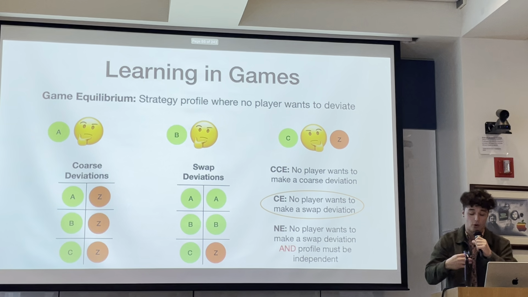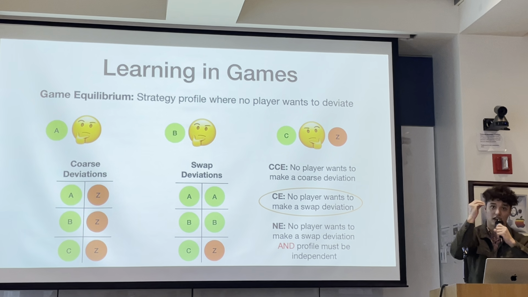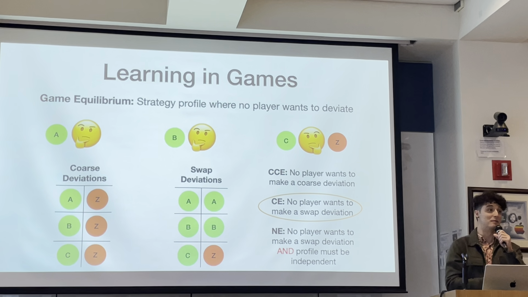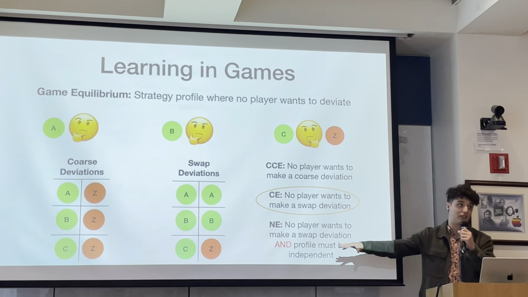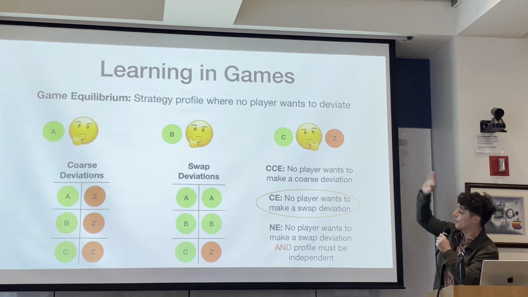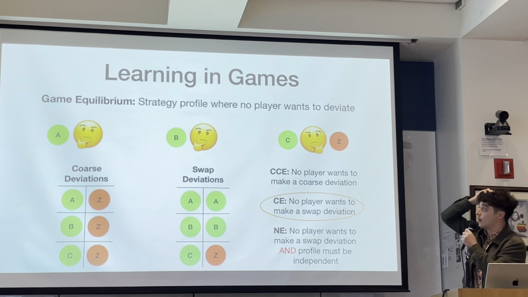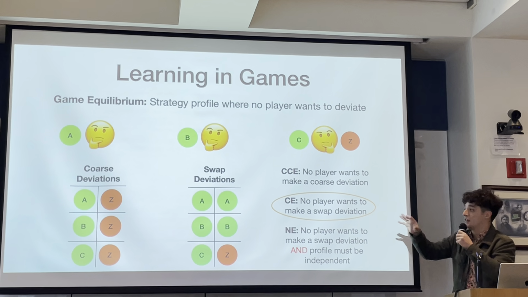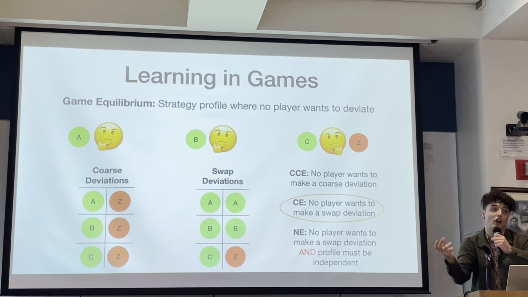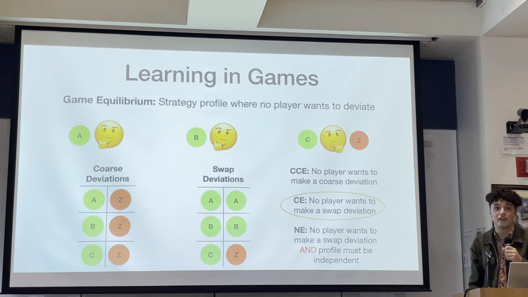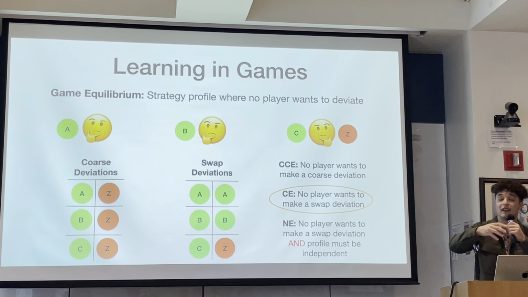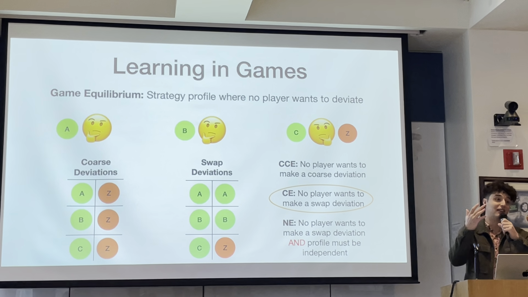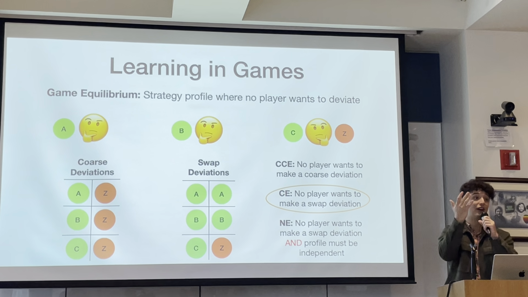And it's really correlated equilibrium that, in my opinion, is the polytime gold standard equilibrium in games, because Nash equilibrium is essentially infeasible to compute. And coarse correlated equilibrium is essentially only a guarantee that players won't want to make a coarse deviation. But the problem is the set of coarse deviations is often not very desirable. So you're telling me we have some setting where players don't want to do any of these bad things, and you didn't really have to do that much work to convince me that players wouldn't want to do these things.